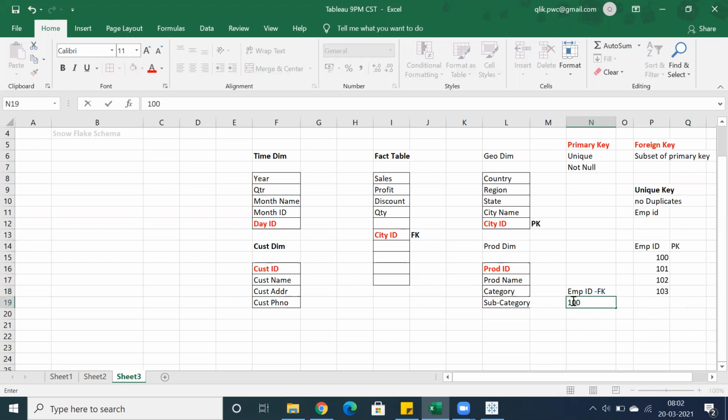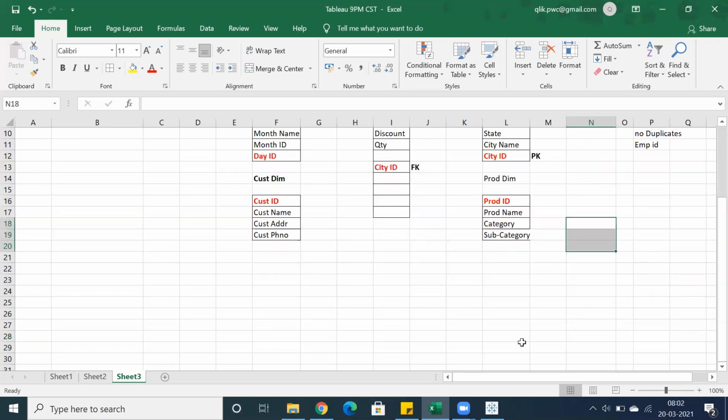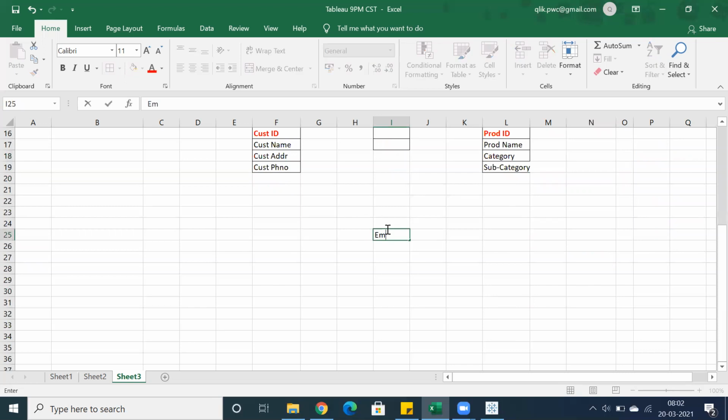Let me create an actual table structure so that you'll get more clarity. Let's say I have employee ID, employee name, and here it is, John. This is one table.